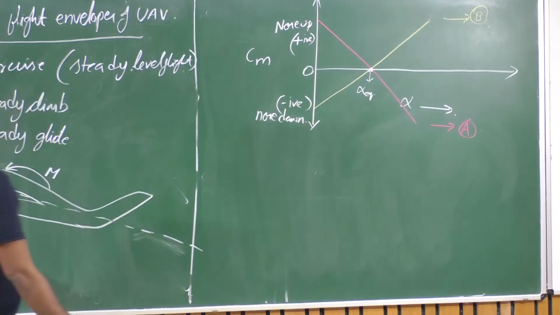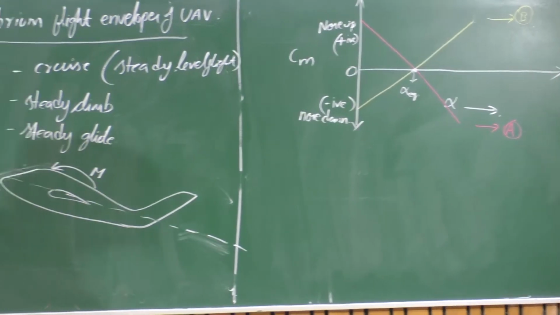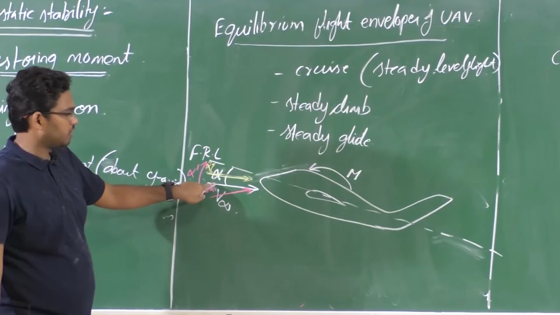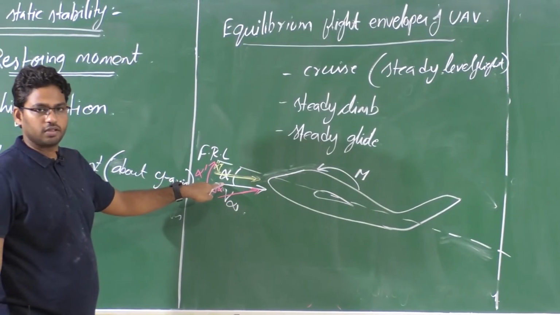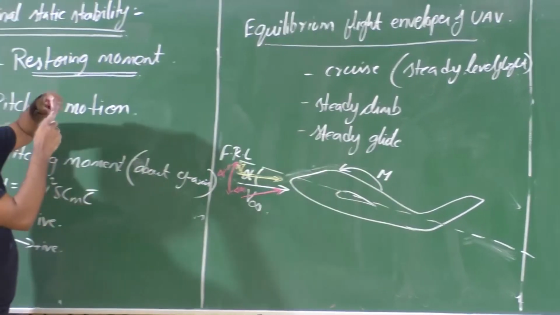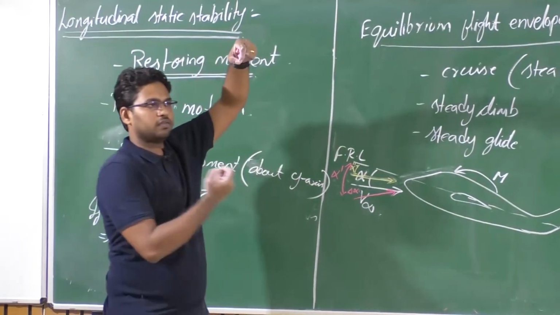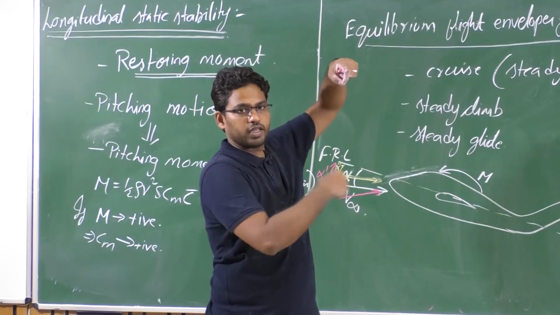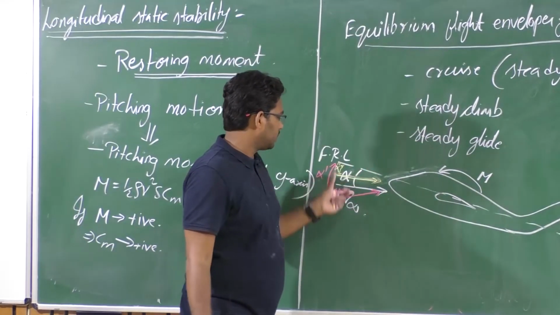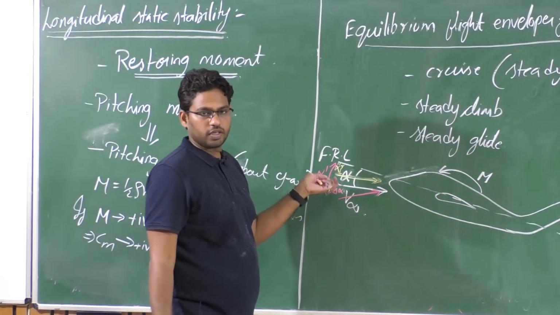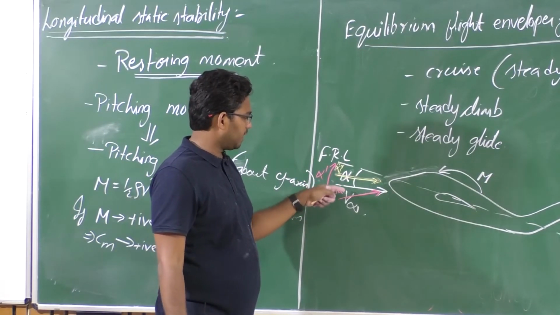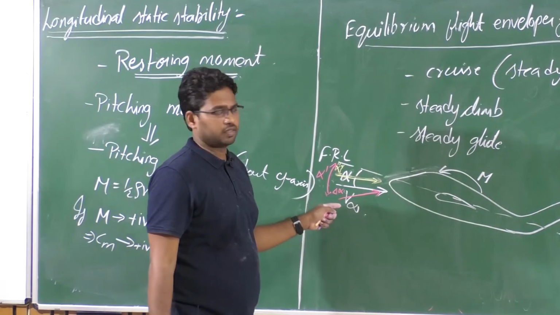Now as we mentioned earlier, the disturbance that can happen for a trim flight in the longitudinal case is in terms of angle of attack. For a pendulum, it is in terms of angular deflection, isn't it? Angular displacement. So here it is in terms of angle of attack. For a longitudinal case, the disturbance that can happen is in angle of attack, right?